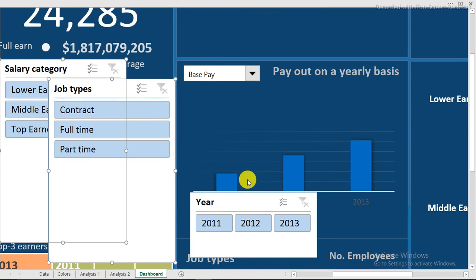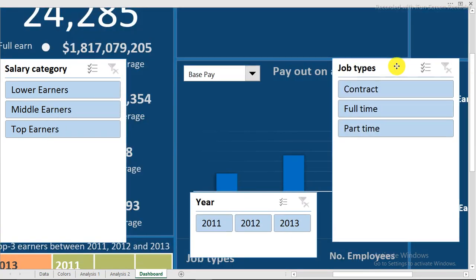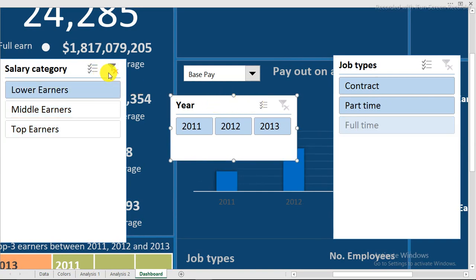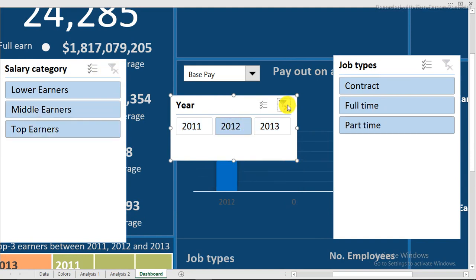So for now, we want to take control of our slicers. Every single time we place a slicer, there is something that we want to happen. When I place the slicer right here, it changes, and if I want to clear it, I clear it from here. If I place the slicer right here and want to clear it, I do the same thing right here. But if I have it selected and I want to have it cleared, to show this,